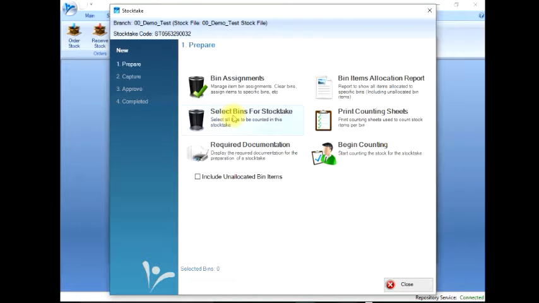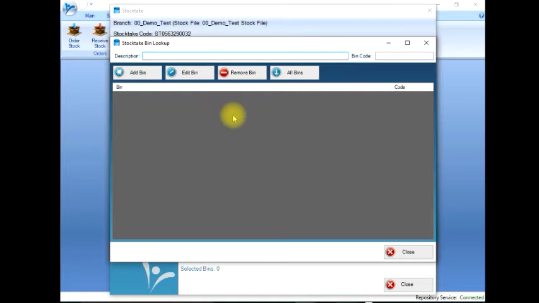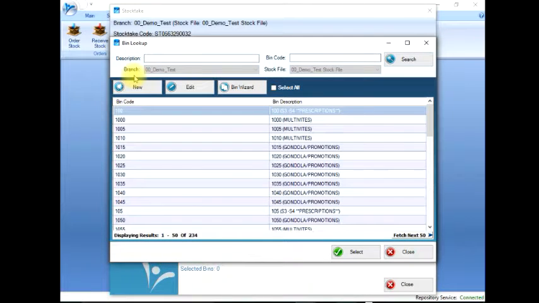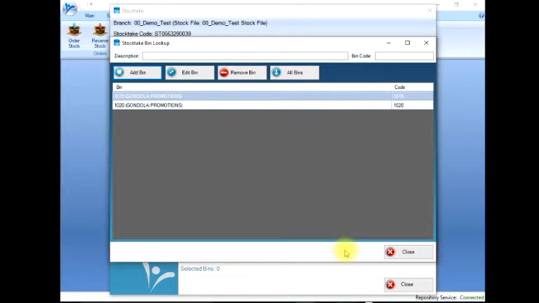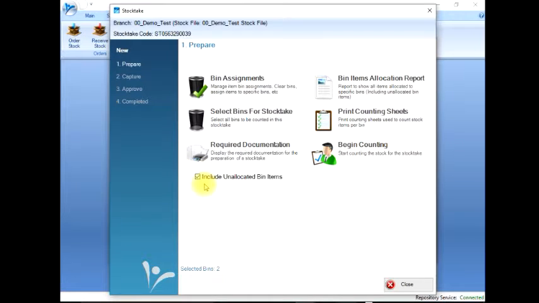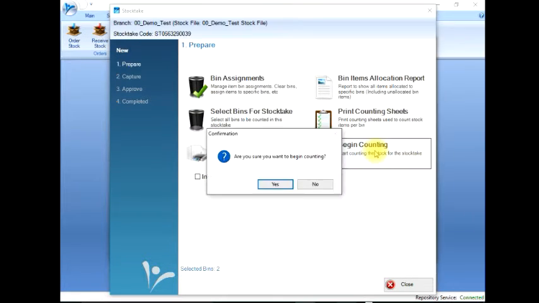So for the exercise of this video, we're going to select only 1 or 2 bins to count. We are going to count bin 1015 and bin 1020. So we select the 2 bins, use the select button, and now we can close our screen. We're not going to include the unallocated bin items for this exercise, so we untick this box and we can begin counting. We confirm that we want to begin counting,